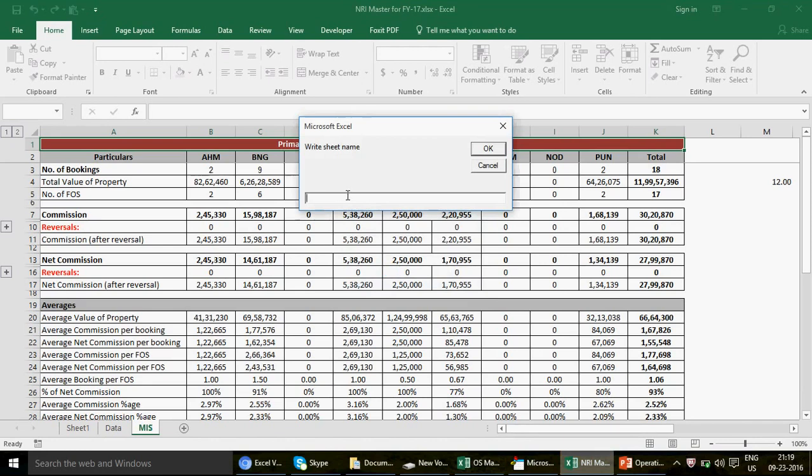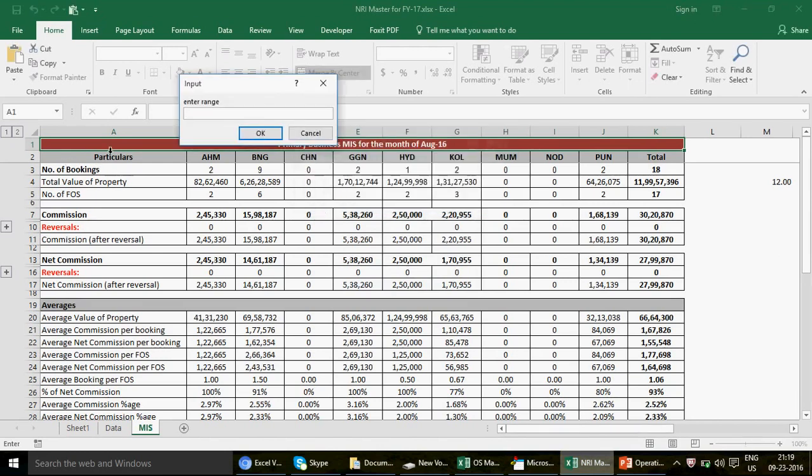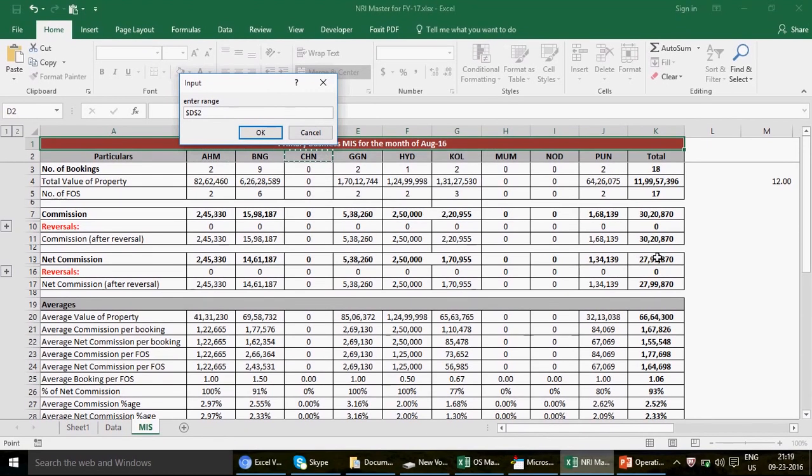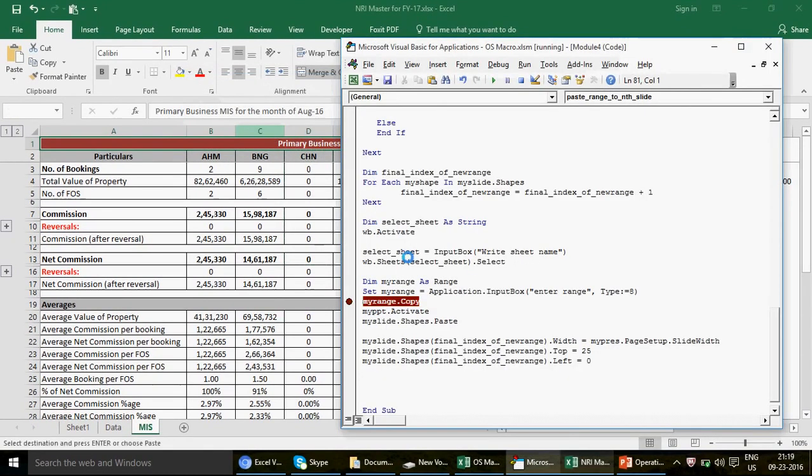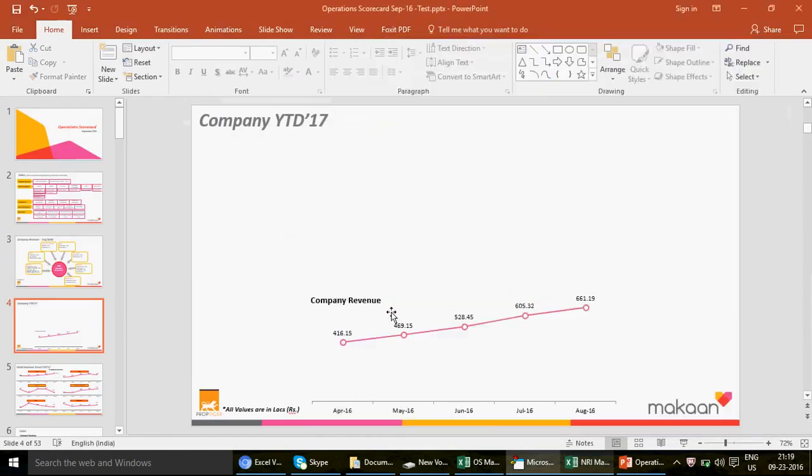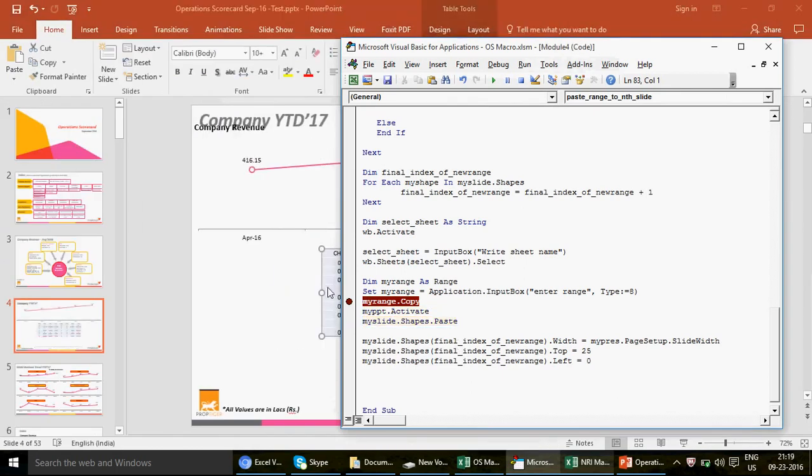We can't see it because it's running fast, but I will go in the MIS sheet this time. I'll simply select OK, enter the range. So let's say I'm going to select maybe this range. Let's say this one. I press OK. Now this is going to be copied. I press F8. You see that it is copied, PPT activated, shape is pasted here, and the shape got pasted,